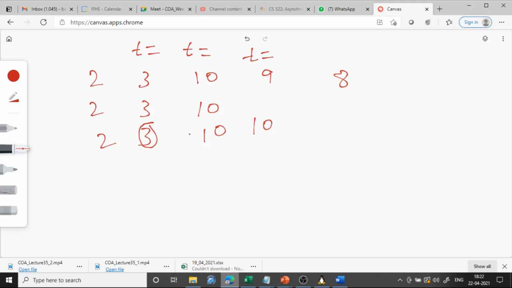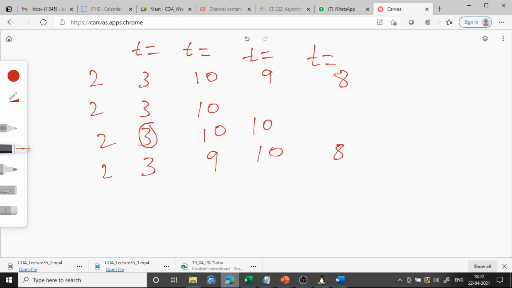No, it's not greater than. Okay, if it is not greater than, then what we will do? 2, 3, 9, we will copy here. Okay, previous location is what? 1. 1 plus 1. In that location we will copy 9. Is it clear? Right? So this concept you should understand. Right? Okay, then this will become t.